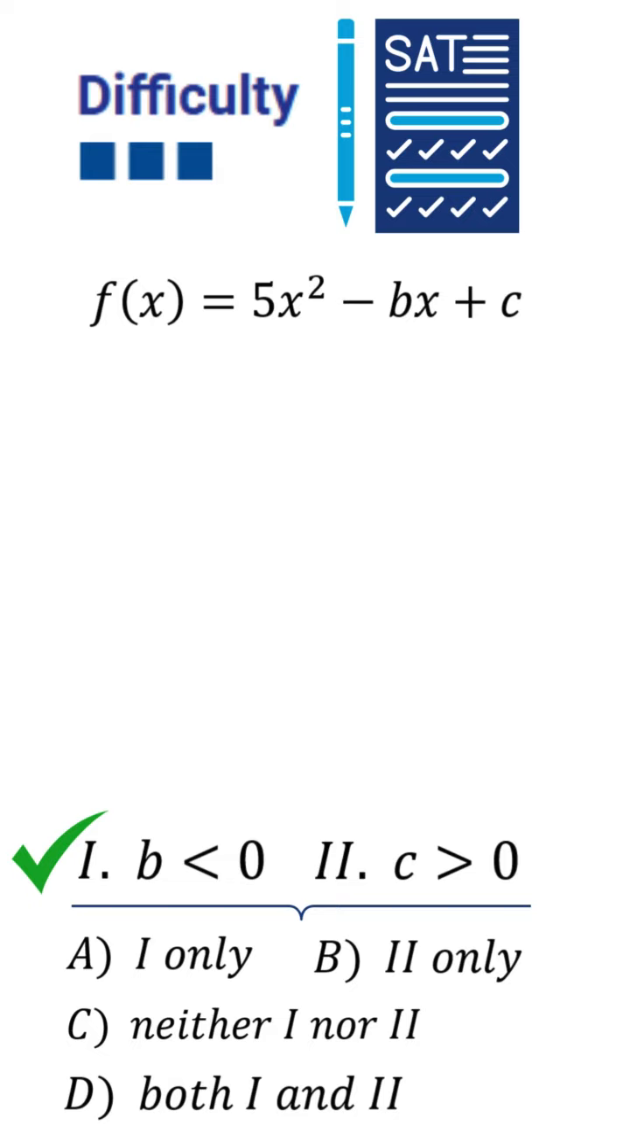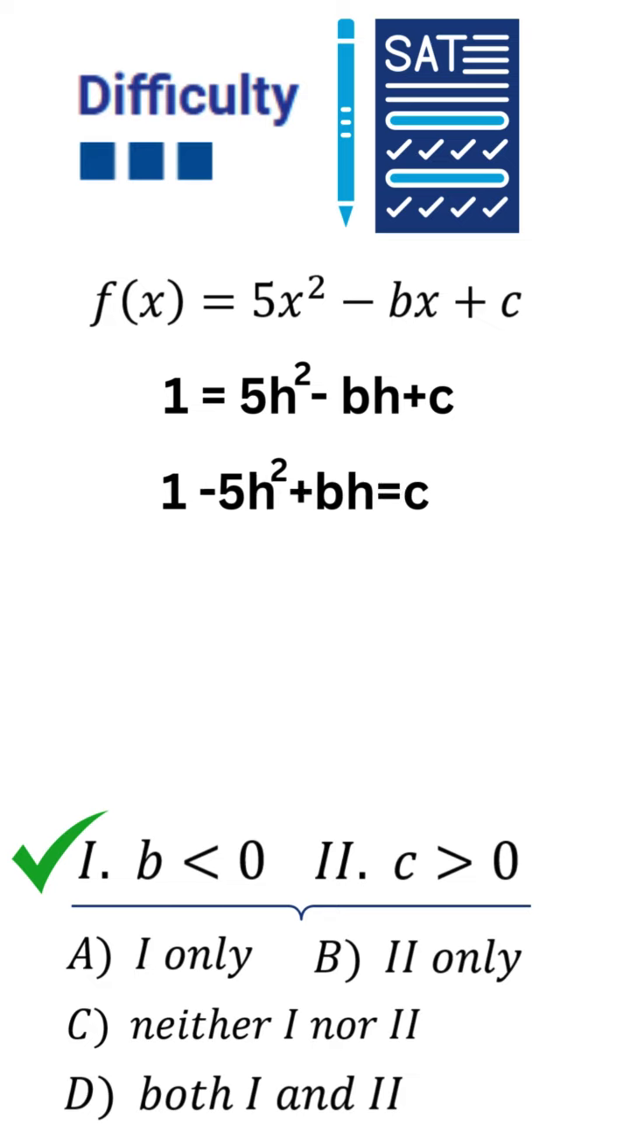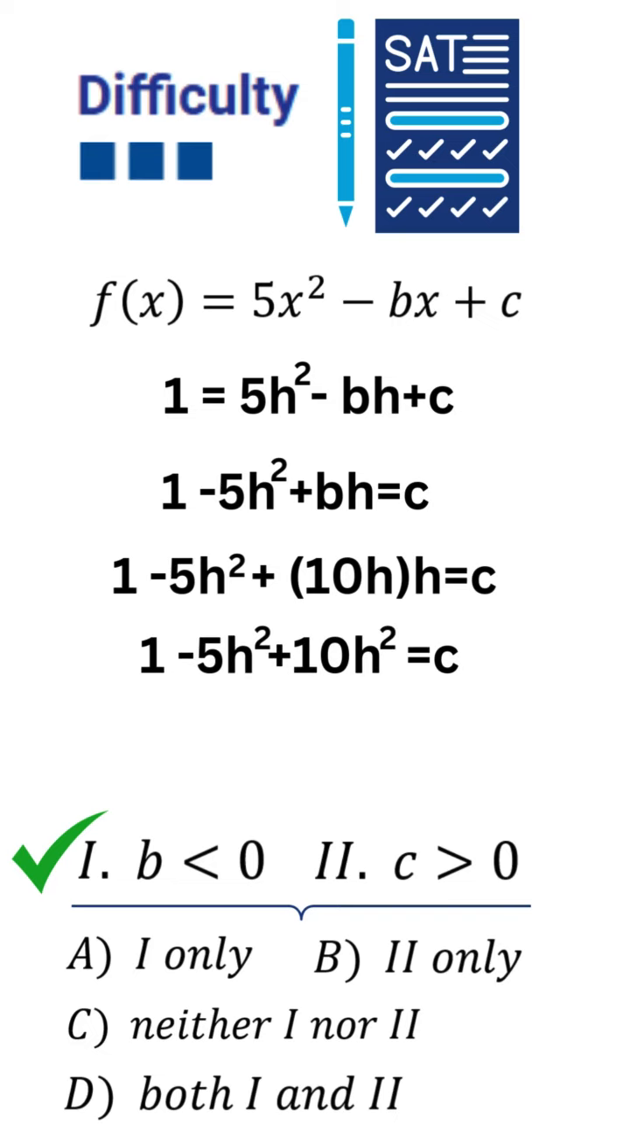So I get 1 equals 5h squared minus bh plus c when I plug in h for x and 1 for f of x. And what I will do is solve for c. So I'm going to move the 5h squared and the bh over to the other side. Now I know from the previous step that b is equal to 10h, so I'm going to substitute 10h for b, and then I would get 1 minus 5h squared plus 10h squared equals c,